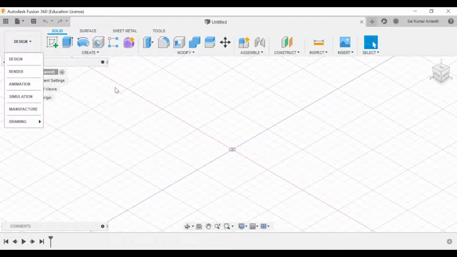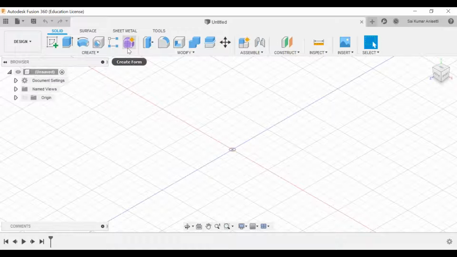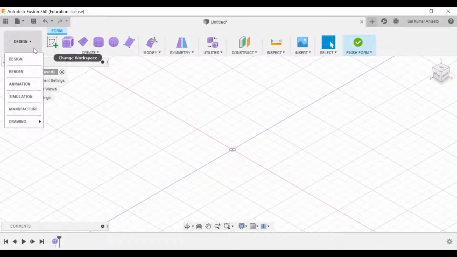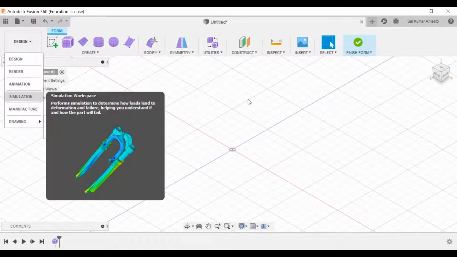In order to get into it, you have to go to create form. If you enter into create form, that is called the sculpting environment.